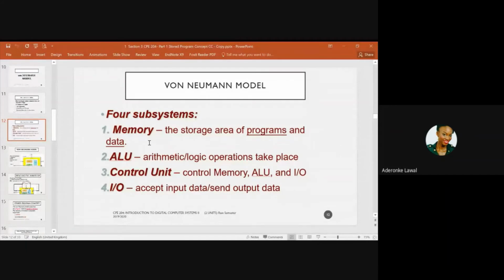We have a memory where we are going to be storing programs and data inside that memory. Remember when I said the stored program concept? This is exactly what it is. Put the program, that's the set of instructions, because we've talked about that. And then put the data that people will be supplying, or that whatever other system will be supplying, put it together and let it live inside that computer memory. So that's the first of